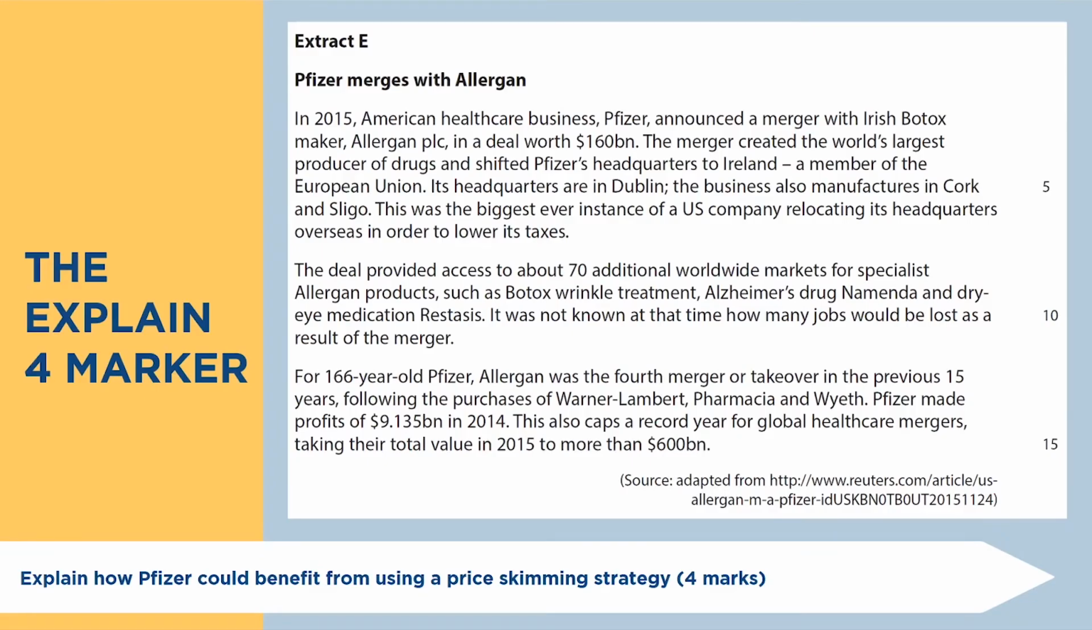At this point, you might want to have a go at doing a 4-marker. So the question that I've just given as an example is on the bottom of the screen. Explain how Pfizer could benefit from using a price skimming strategy. And the extract that you would need, if you're looking at the video, is on the screen as well. It's all about how Pfizer has been part of a merger, but it talks about the different types of products that they provide and the services that they provide. And so hopefully will be enough to try and link to the question, how could they benefit from using a